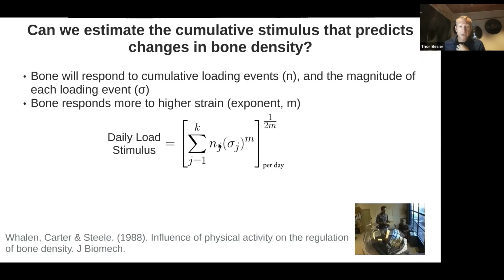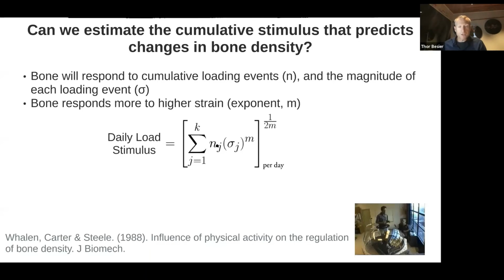We have two key terms here. N is the number of cycles that you might expect throughout the day. And the stress term here is the type of load that's experienced by the bone. So this could be ultimately the strain that's placed on that tissue. What's really important here is to understand that there's an exponent here. There's this term, this M thing. Now this term says that the stress here that's applied to the bone is actually more important than the number